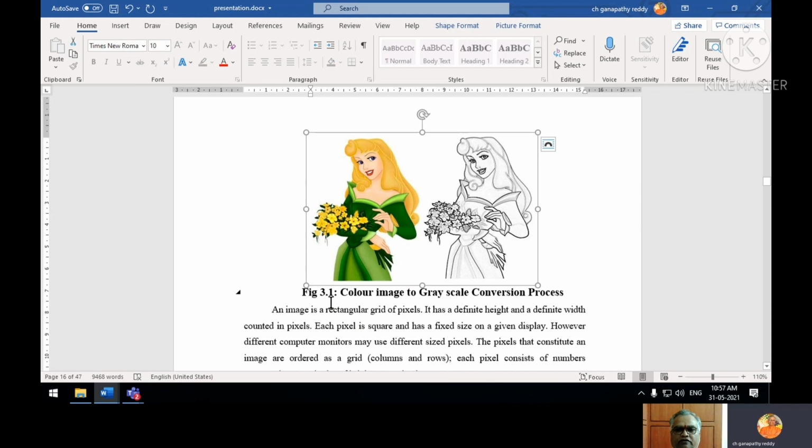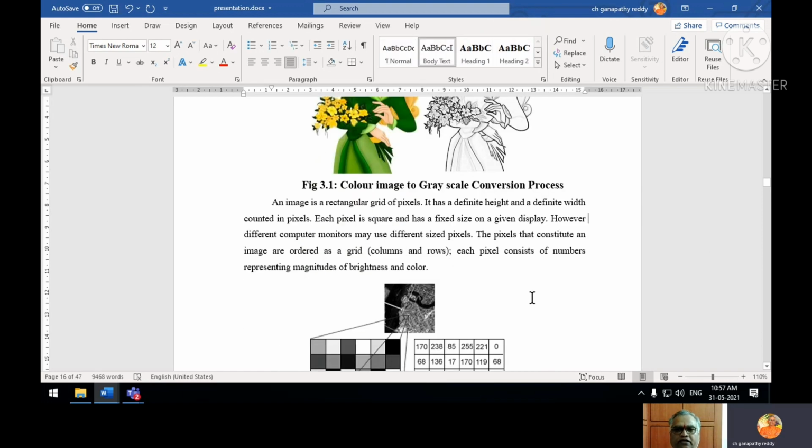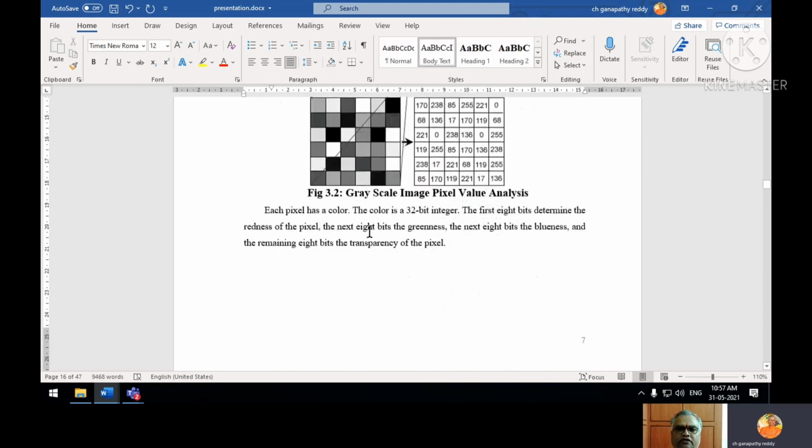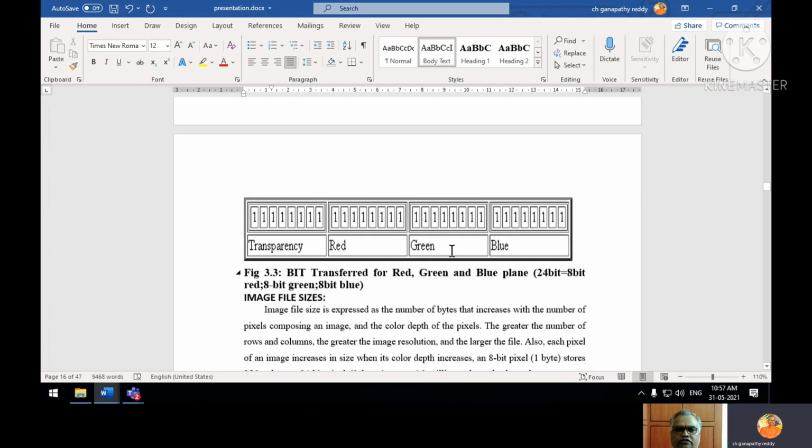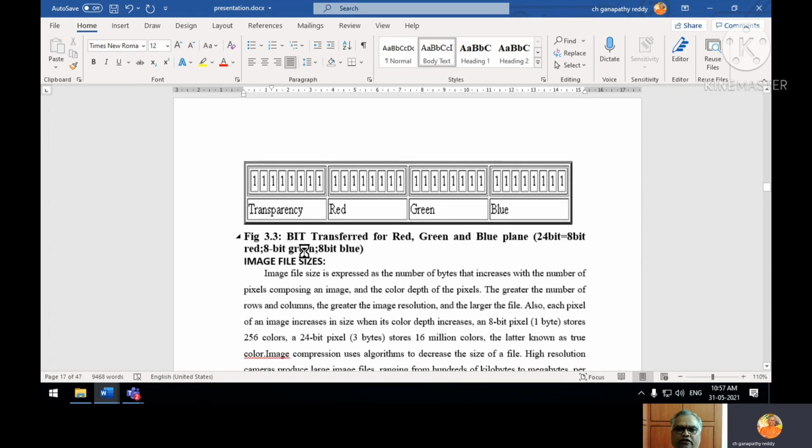Figure 3.1. Why 3.1? This figure is the first figure in the third chapter. Next figure 3.2, next figure 3.3.